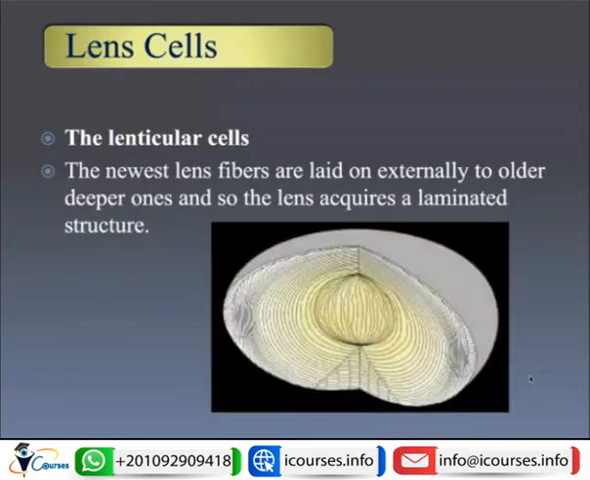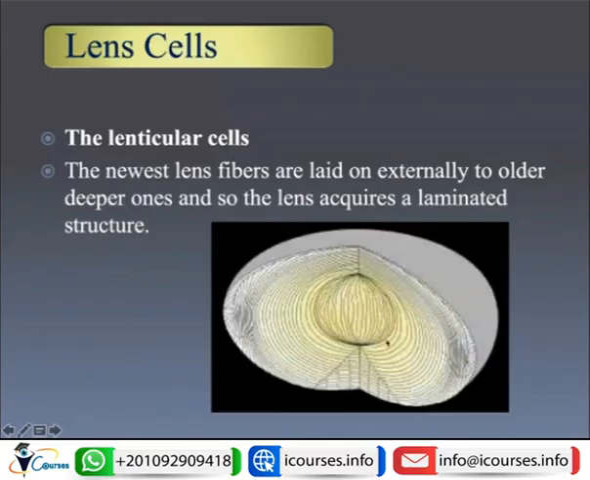So after we know about the lens capsule and the lens epithelium, here we come to the lens cells or lenticular cells. As you can see here, the lenticular cells or lens fibers are acquiring a laminated appearance. The deeper fibers are formed at the equator, pushing the older fibers toward the center so that the newer fibers are more superficial